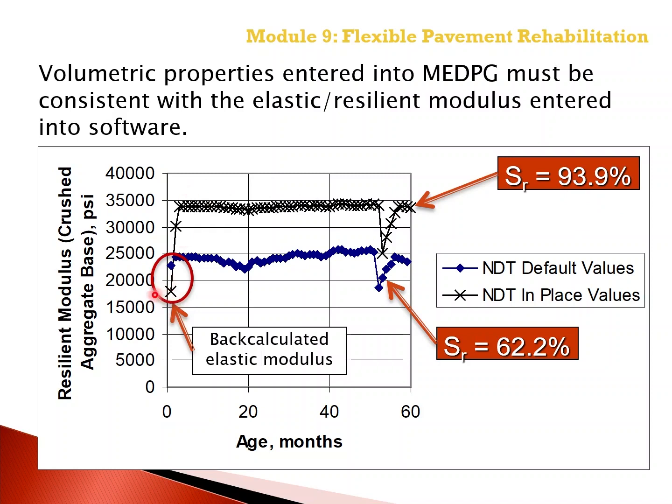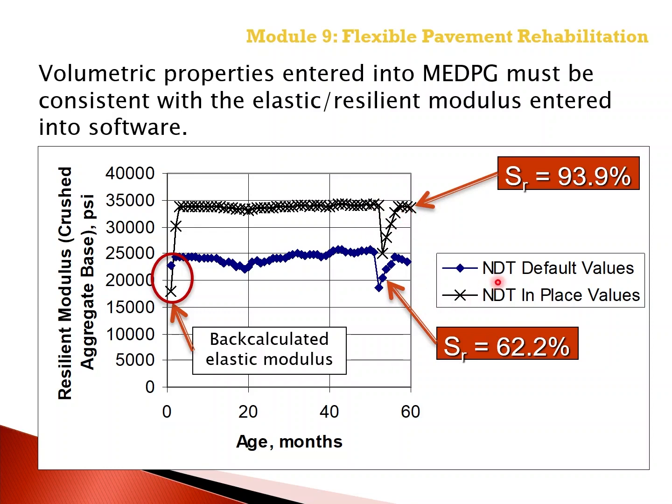So if we start at a modulus value of about 18,000 and we enter the in-place water content of about 94% degree of saturation, then the Pavement ME software and/or the EICM will increase that value because the material will be drying out to a much higher value over time unless there's an increase in degree of saturation throughout the life of the